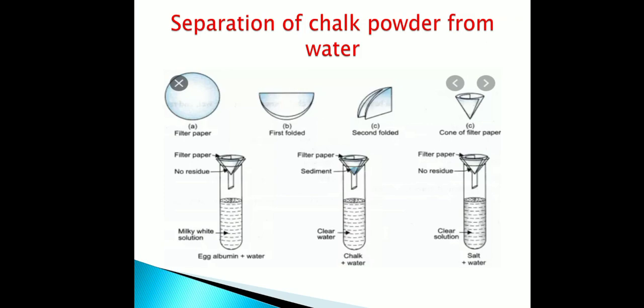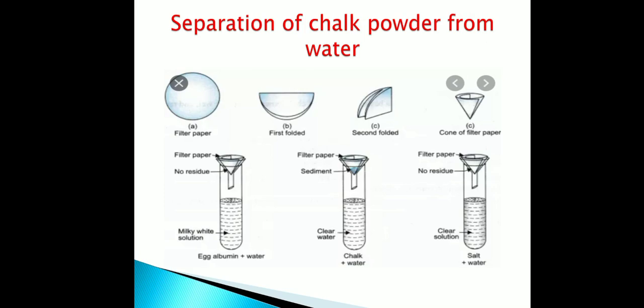Let us see the activity to separate chalk powder dissolved in water by using the filtration technique. Now, children, first of all we should know how to prepare the cone, the preparation of a filter paper cone. You may see in the picture that we have to take one circular filter paper. First fold, see in picture B, then in picture C you may see the second fold. In this manner, you make three layers of the folds separate and one layer of the cone separate. In this way we can prepare the cone.